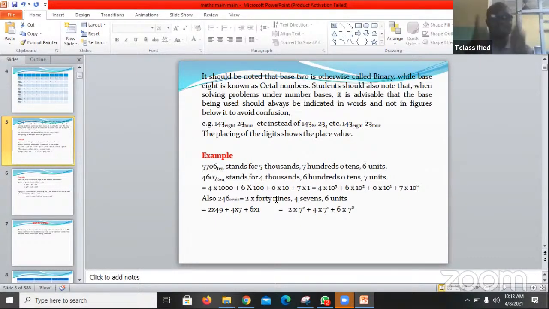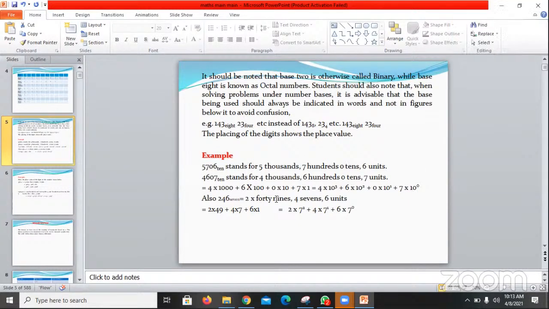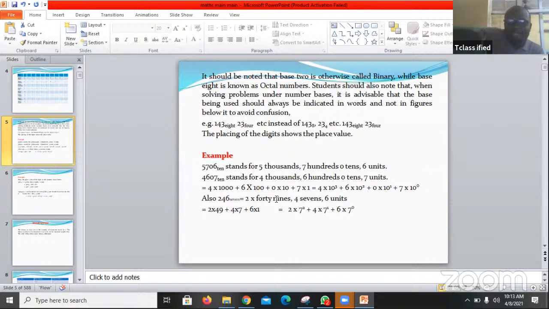Okay. So with this is very, very perfect. Now, very, very important. This is critical to you understanding anything in base number. Ability to express that very base number in normal numerals, which is actually in normal base 10. So whenever you're given a base number like this, transform this to this. And that is also converting it to base 10. When you're given a base number, this is 246 base 7, you should be able to transform this to this,